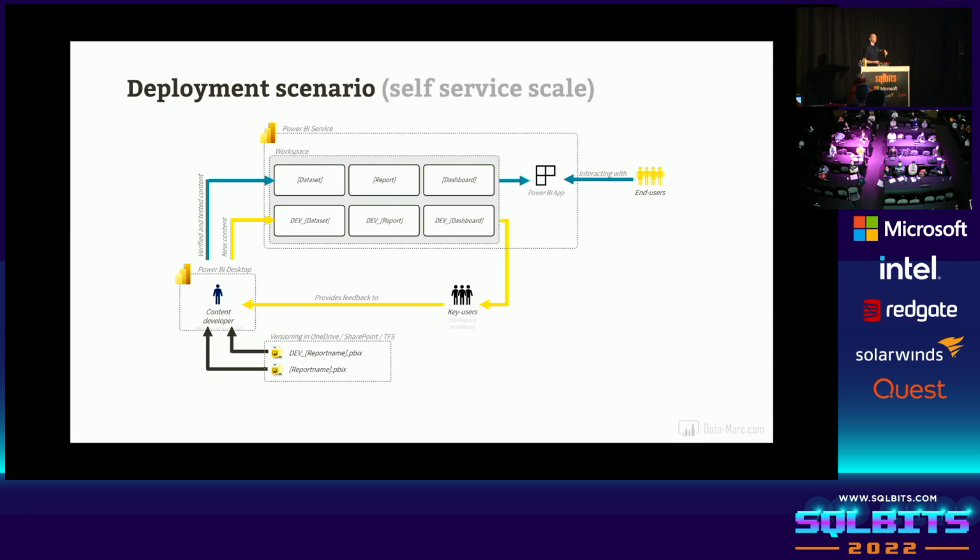So we have a continuous loop of feedback with our key users that have also access to the same workspace. They can continuously provide us feedback with features in the Power BI service like comments. They can directly put comments on the content that they look at. As soon as this feedback loop is closed and they can actually tell, okay, we're confident with the content as